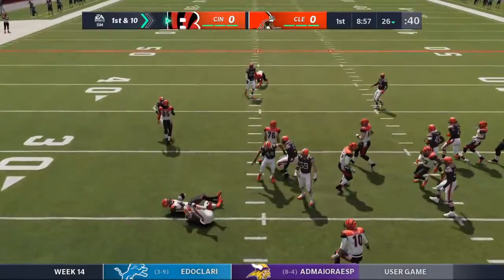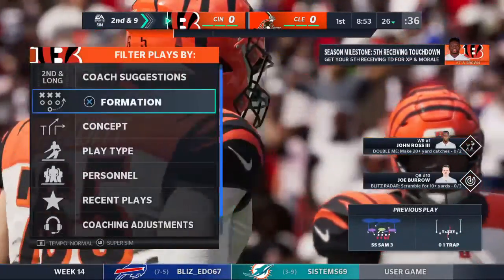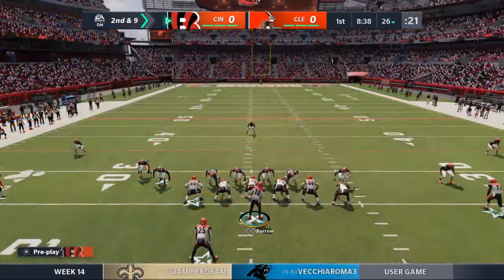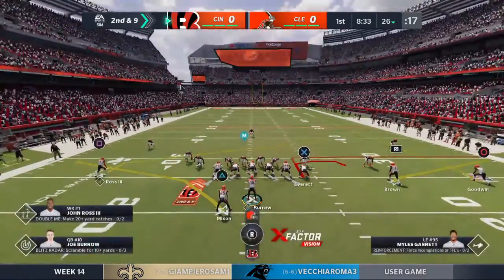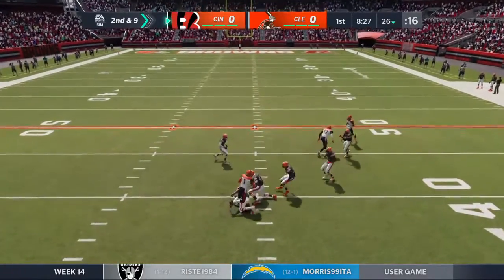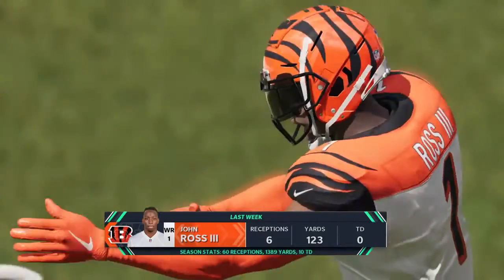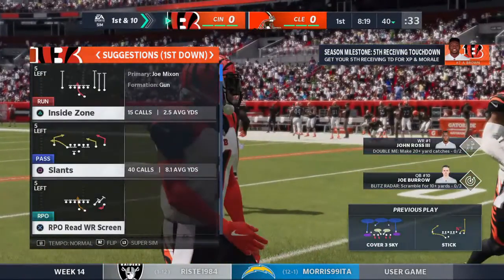Carry for the former Oklahoma Sooner, Joe Mixon. And not much to speak of. Call it a 1-yard gain up to the 26. Defensively here, you're facing a top 5 team in terms of points scored in the NFL. So when they're that high-powered, you've got to find a way to hold them under 20. Because to me, that's the magic number. 20 points scored, you give yourself your best chance to win. So if they're up around 24, 28, 30, they could be in some trouble. And I think so, because then you turn it into a shootout, and that means your offense has to keep